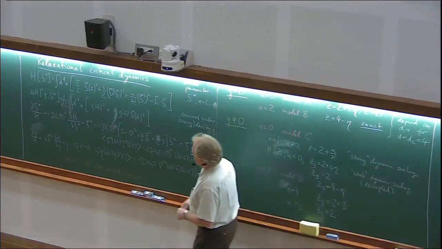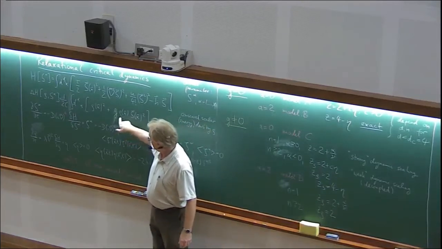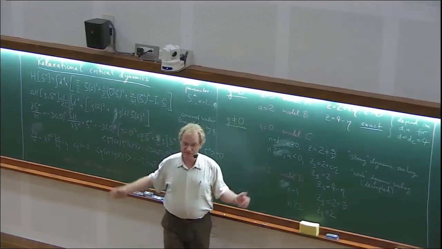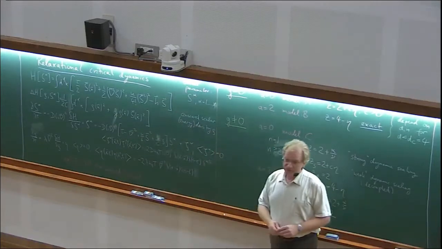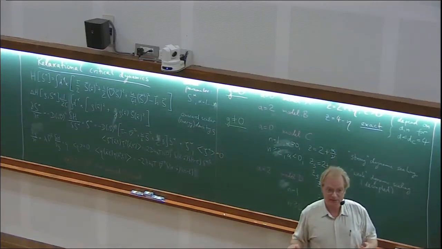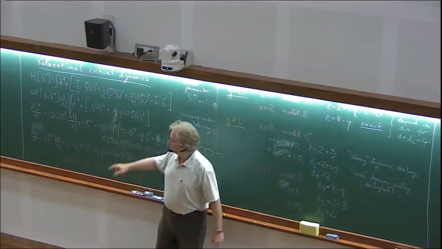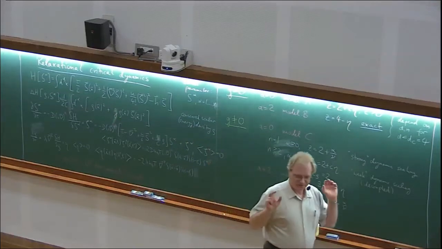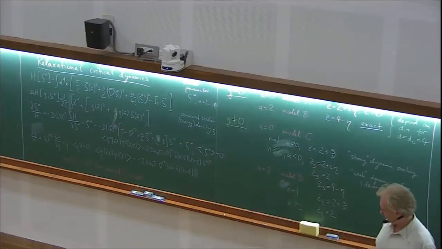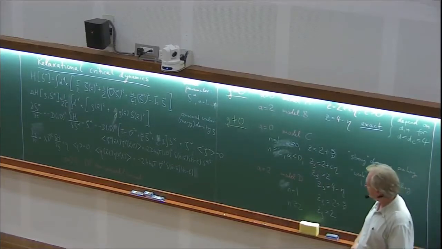Okay, then we had model C and D. In model C and D, we are coupling a conserved scalar, say energy density, to our order parameter, and that's the lowest order thing you can do. I was arguing to you that on the static level it doesn't matter because I can just integrate these bilinear terms out, and all I'm doing is shifting this coupling U. And again, by means of going to a fixed point in universality, that doesn't matter. But it might in dynamics. And so what happens is,